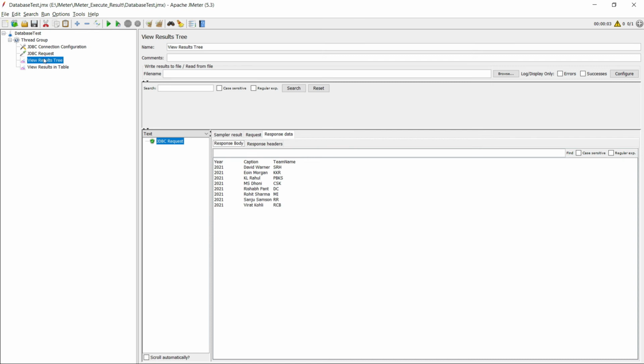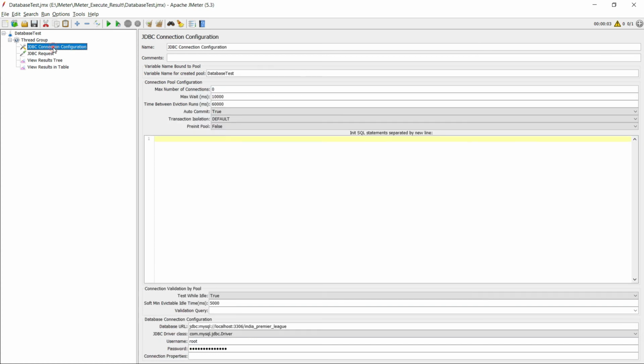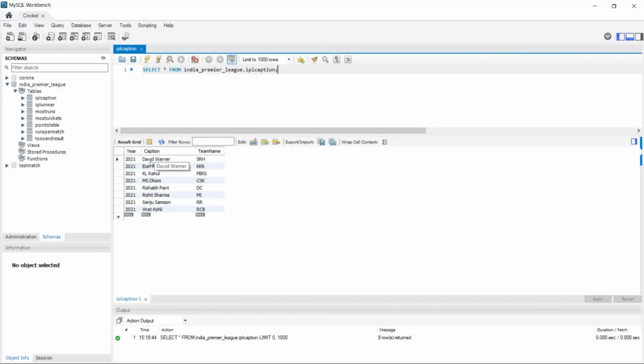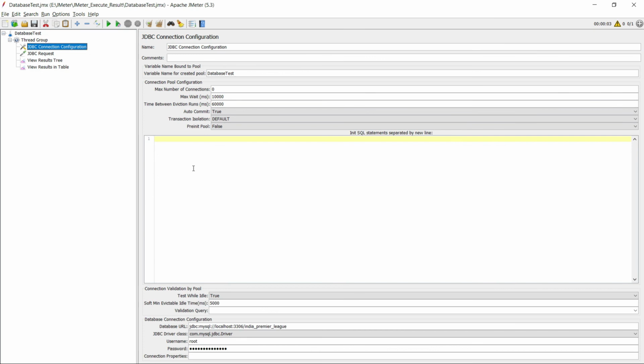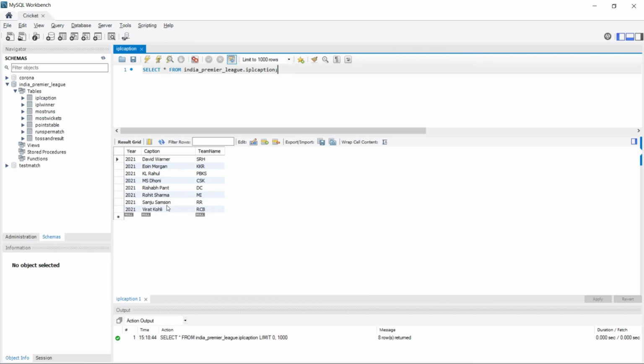For the remaining databases, what you need to change is the script here. You have to write your query here and just execute it the same way. If you want to change the database connectivity, you need to change the database name here, and the rest will be the same. Now I will change some data here. The same result is showing, as you can see; this result and this result are the same.